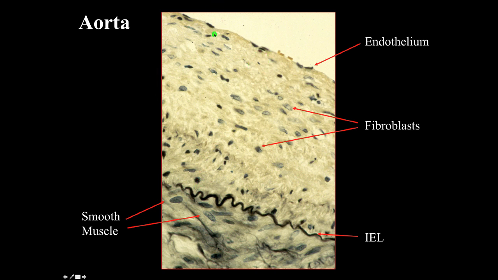You can see the endothelial cells. The tunica intima is a little bit exaggerated in the large blood vessels like the aorta, so you can see some fibroblasts in the tunica intima. Here's the internal elastic lamina staining, and here are nuclei of smooth muscle cells. Here are some elastic fibers that would be prominent if you were going further and further into the tunica media